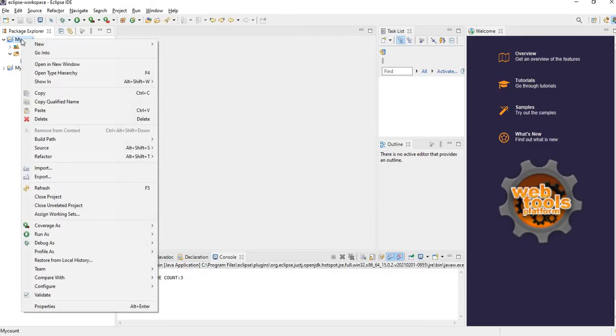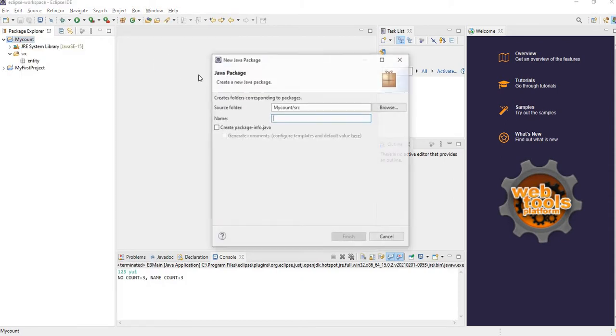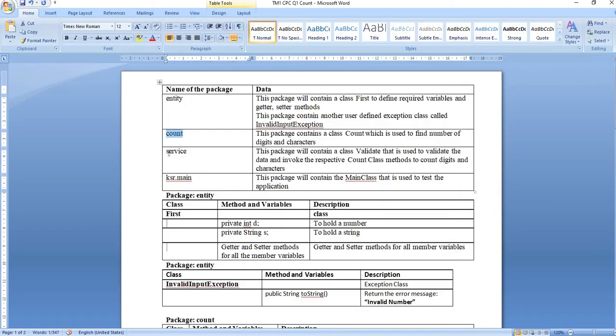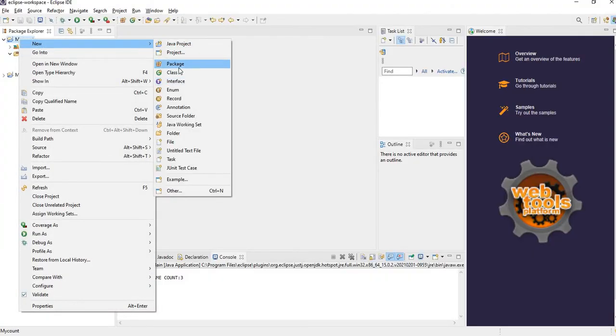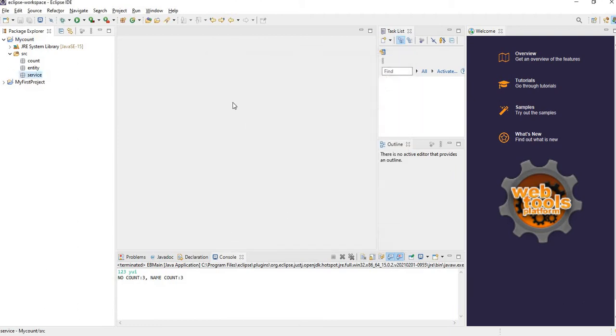Again we do the same process, right click, New, Java package, give the name and click Finish. And the third package is service. Right click, New, Package, give the name service and Finish.